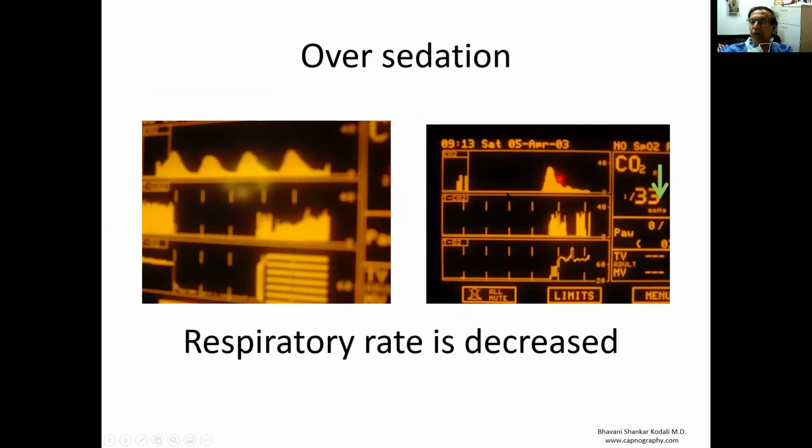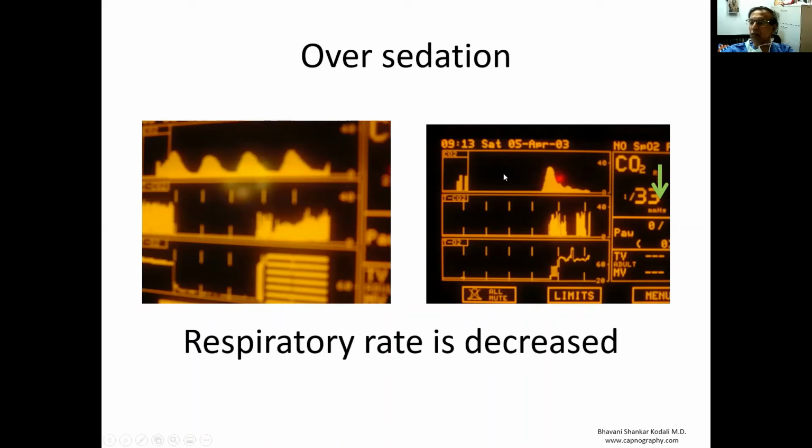This is an example of oversedation. You can see this is the baseline capnogram, and here, this is during sedation. The respiratory rate is decreased here because of sedation. And this should tell us that this patient is sedated and is breathing at a lower respiratory rate, therefore should